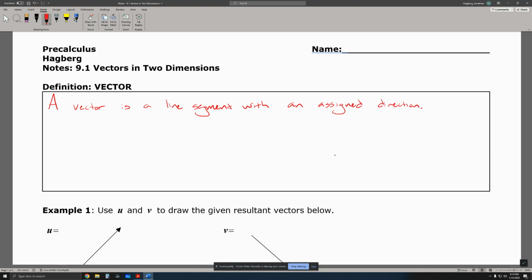Some properties of vectors. Vectors have magnitude and direction. When we think of magnitude, you can think of that as like the length or the size of the vector. Just like a line segment has a defined length, the vector has a defined magnitude, the size of the vector. It's also got a direction, right? That's the assigned direction piece. So on the xy plane,